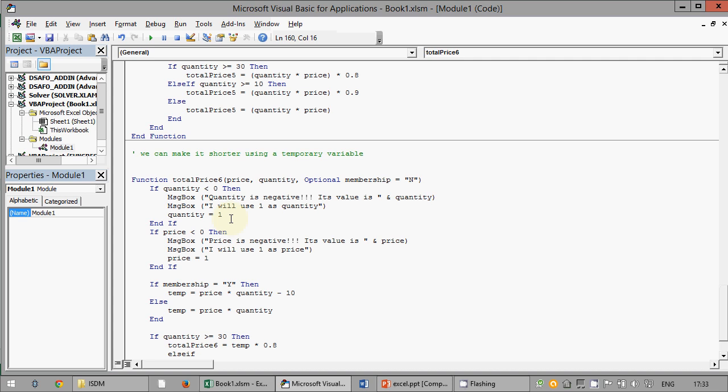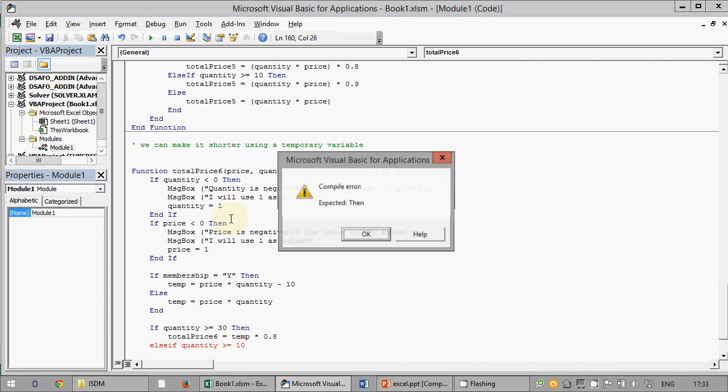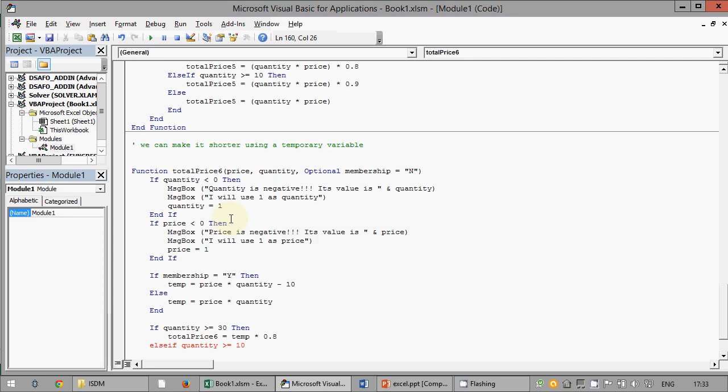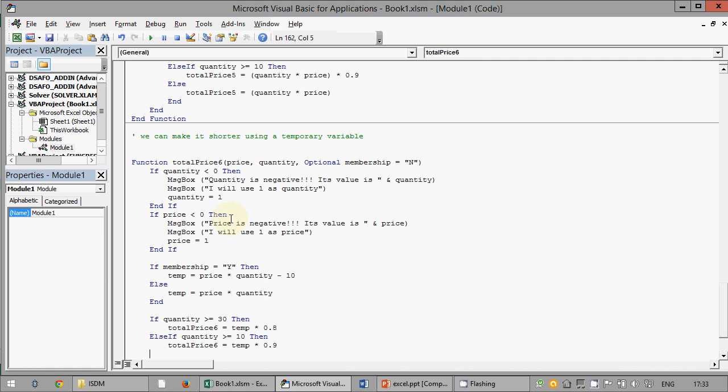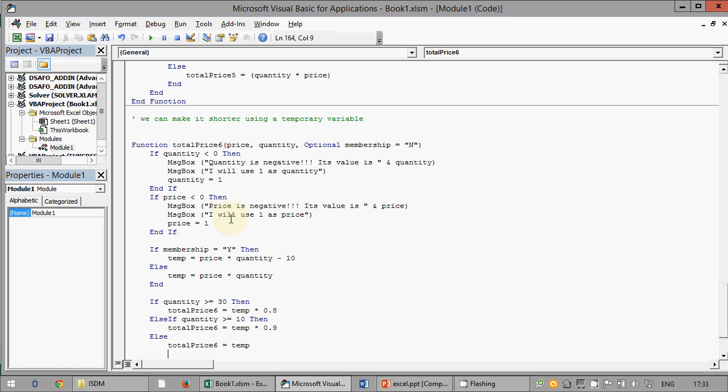Else if quantity larger or equal to 10, then total price 6 is equal to temp by 0.9, else total price 6 is equal to temp.